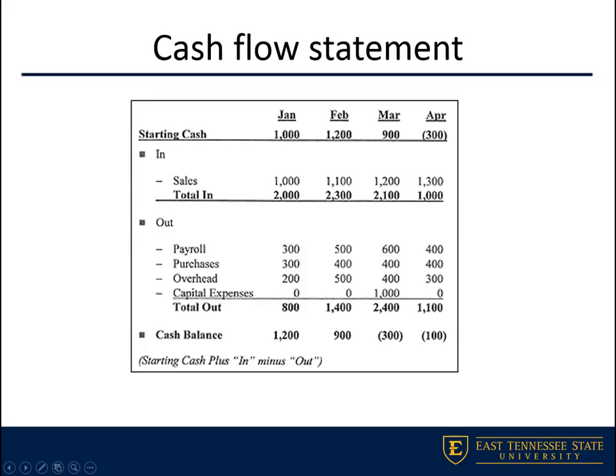We take that $900 up to March, and that's what we start our month of March off with. Now we can see the change here at the bottom. When we get to the end of March, we actually ended negative $300, so we ended in the red by $300 because our expenses at $2,400 were more than the money we were bringing in at $2,100. So unfortunately, we would start April in the hole at $300.